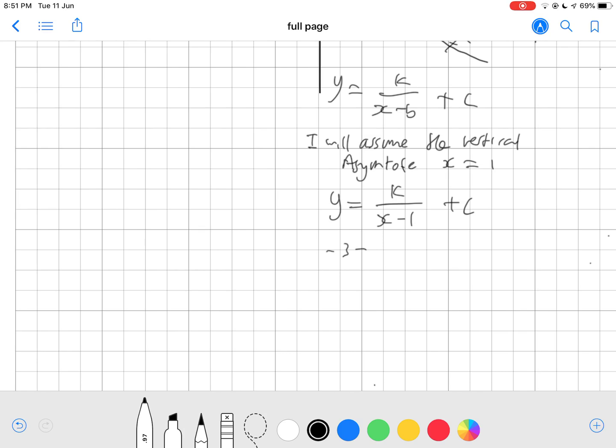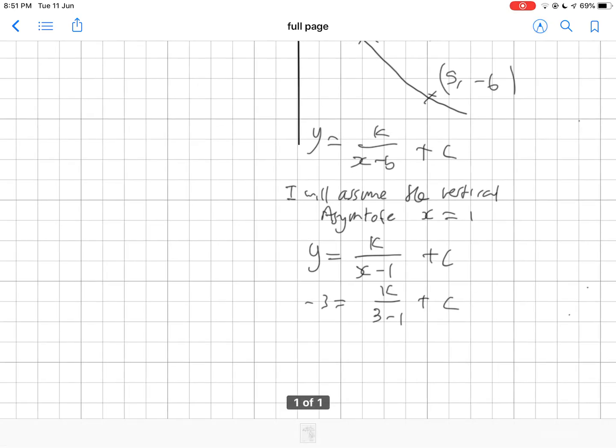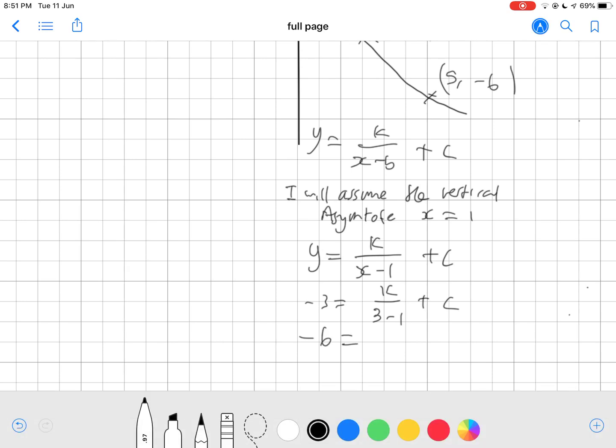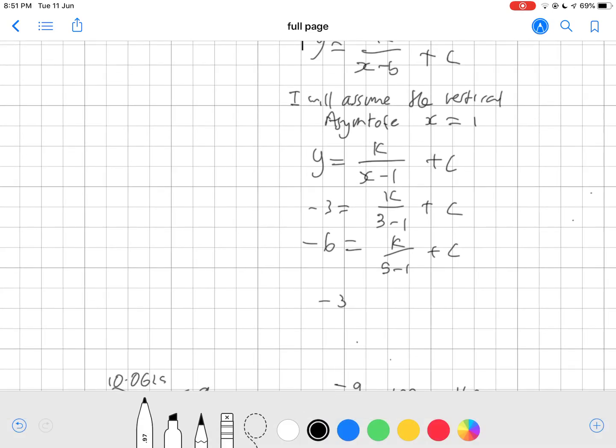So we're going to say -3 equals k divided by 3 minus 1 plus c. Sorry, what am I doing? It is 3 minus 1 plus c. And we're also going to say -6 equals k divided by 5 minus 1 plus c. So if we simplify this, we'll say -3 equals k divided by 2